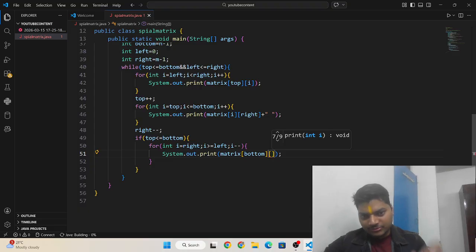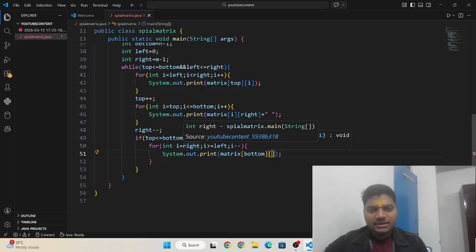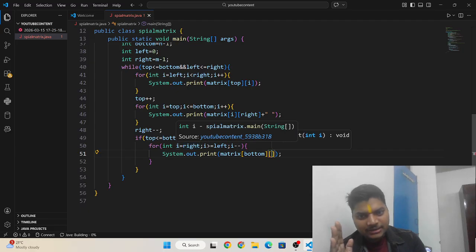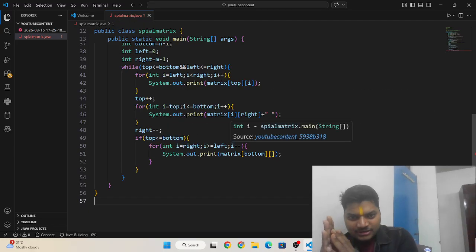And which column are we printing? From right to left. I have already written the condition, it starts from right and moves to the left side, as i is always greater than or equal to left.